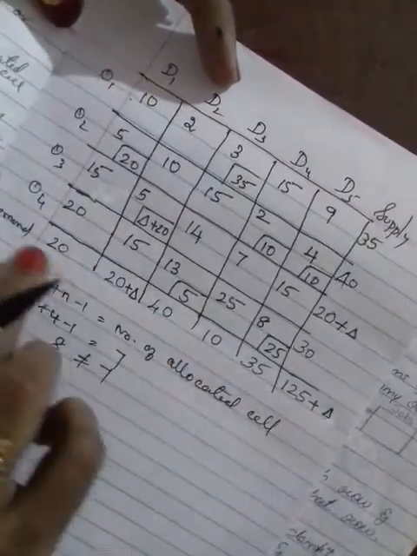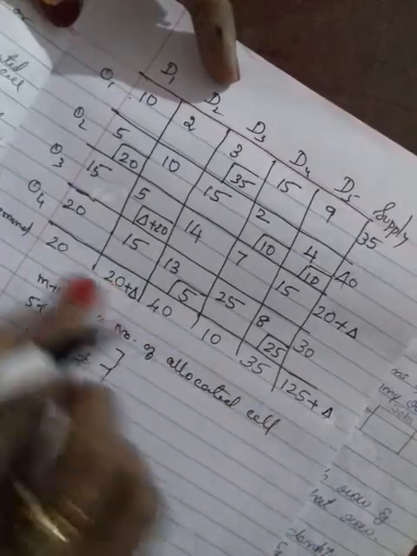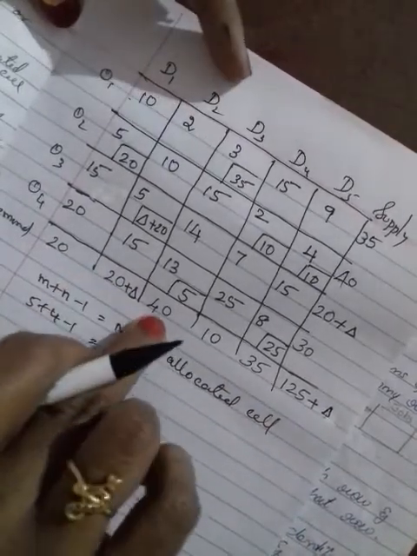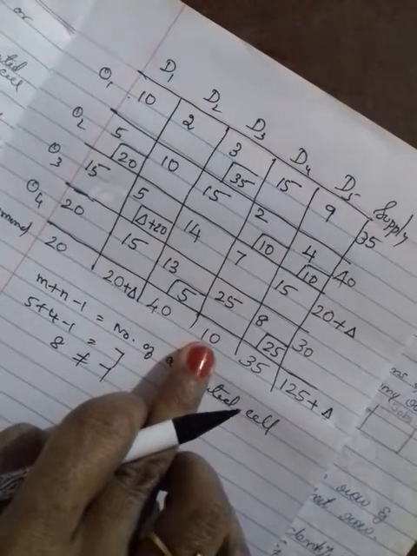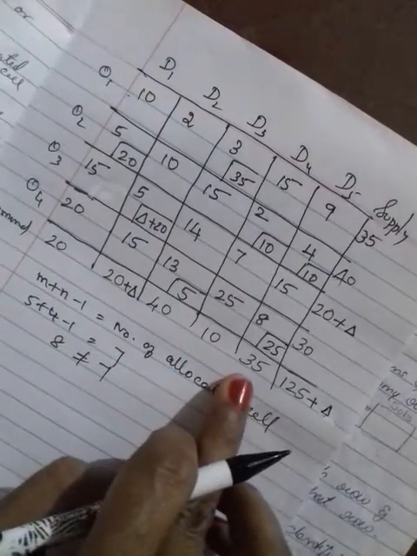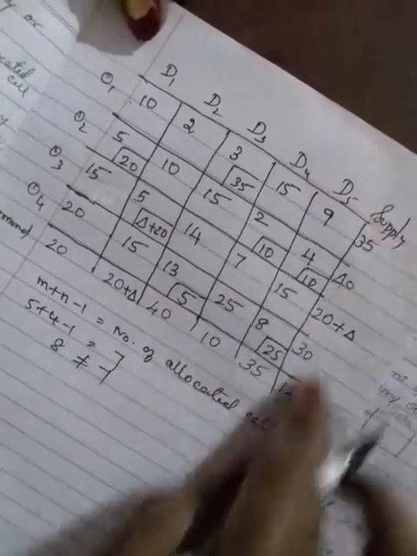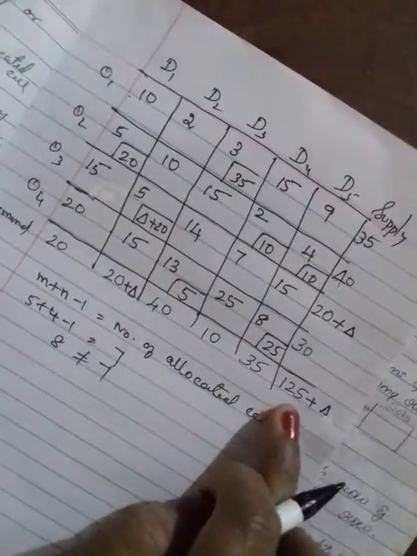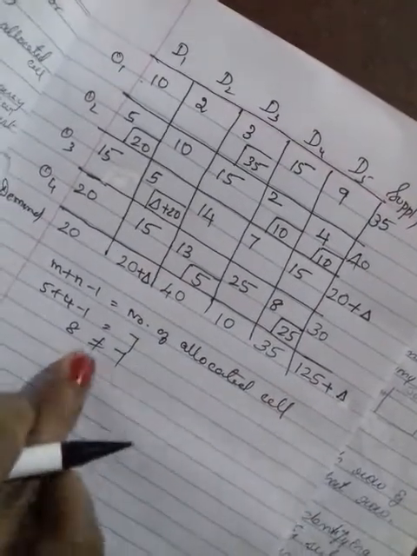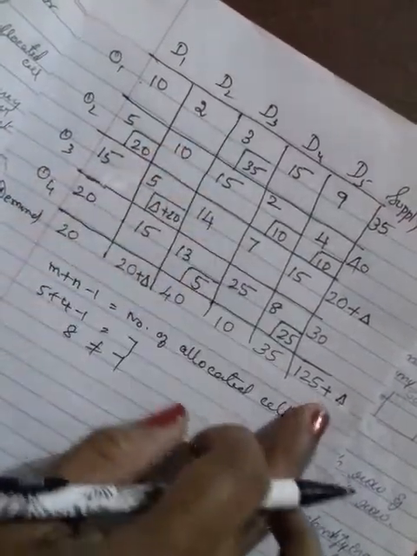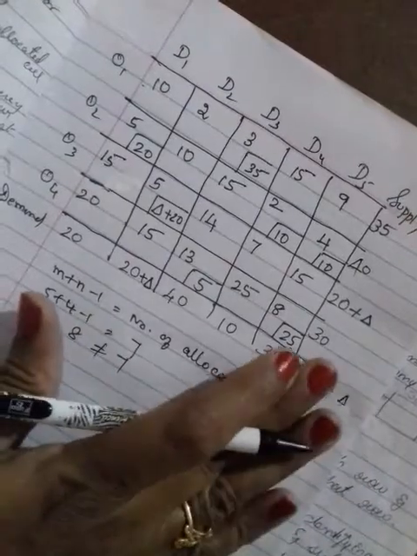If you add this value, you will get 20 plus 20, 40, 40 plus 40, 80, 80 plus 10, 90, 90 plus 35, 130, 125 plus delta. Similarly, if you add, you will get 125 plus delta. Once after finding degeneracy, we have to add one more delta value here. At that time you will get 2 delta. Right now it's only 1 delta. Make the correction here.